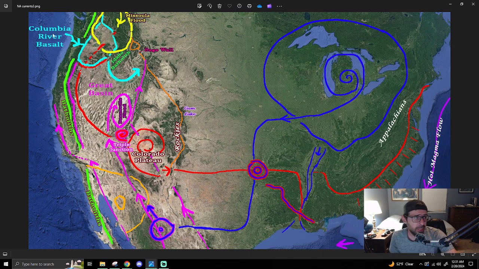Even though that's the Columbia River basalt in teal there, the yellow also extends down here and interacts, and this orange interacts, and it's definitely interacting here, so it probably holds a boundary to swirl water here against the mountains and basically create a higher elevation zone that then, when it drains out, drains back and interacts,